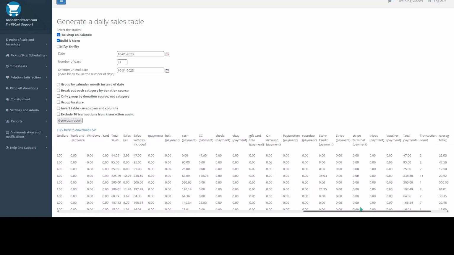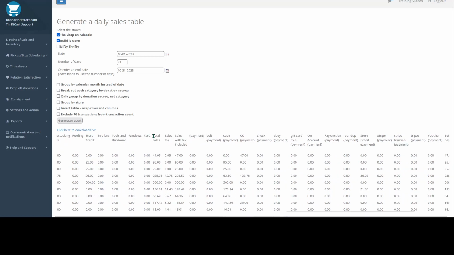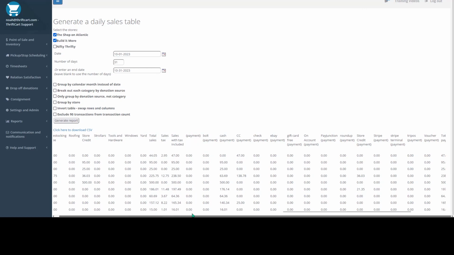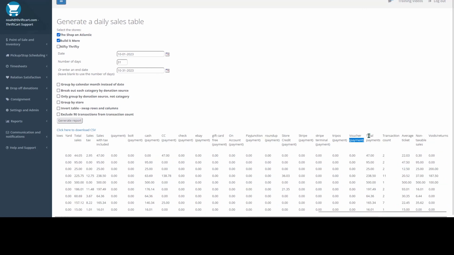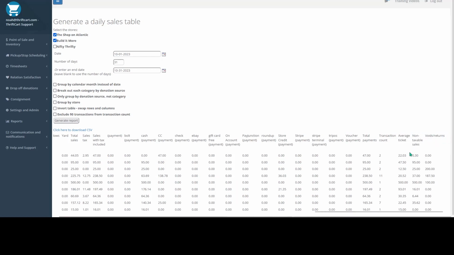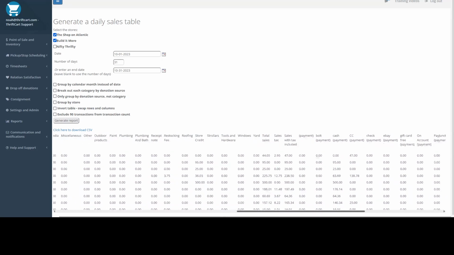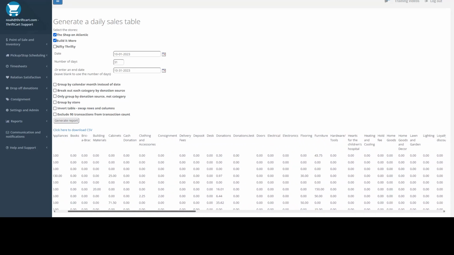And then if we scroll down here to the end, you'll also be able to see your total sales, a column with all total sales for each date, sales tax included, and then all of the different payment methods. Towards the far right, you'll be able to see your total payments, transaction count, average ticket cost, non-taxable sales, and any voids or returns. So it's going to give you a lot of your sales information all displayed in a